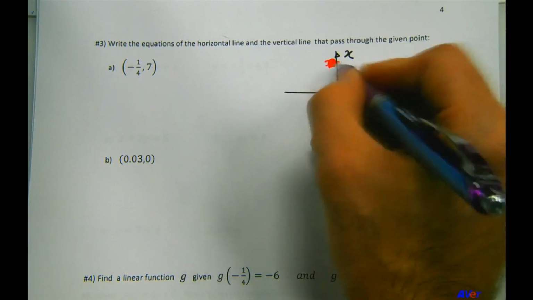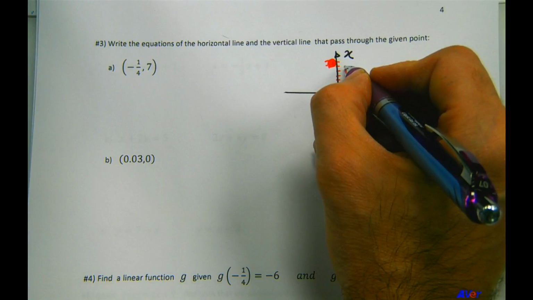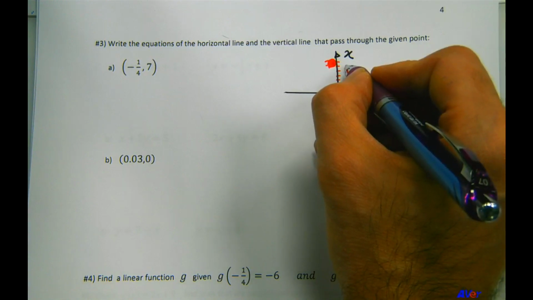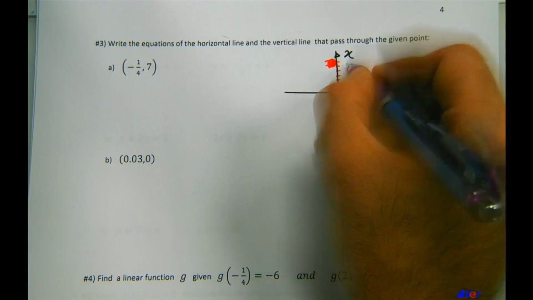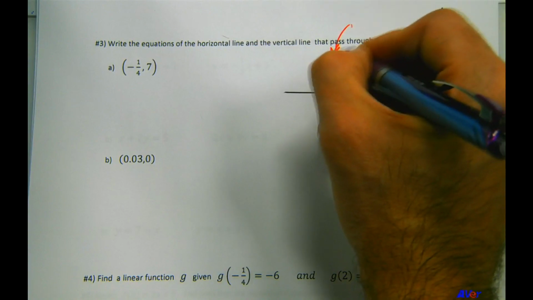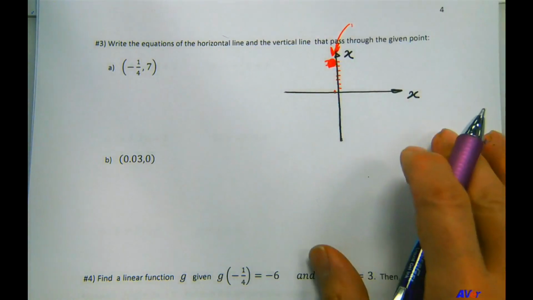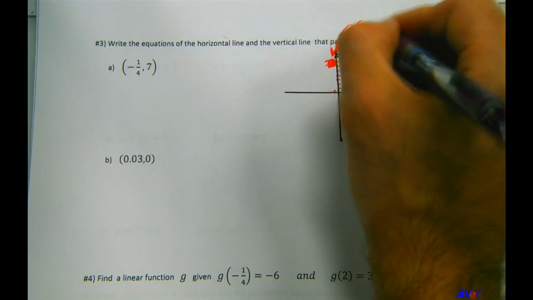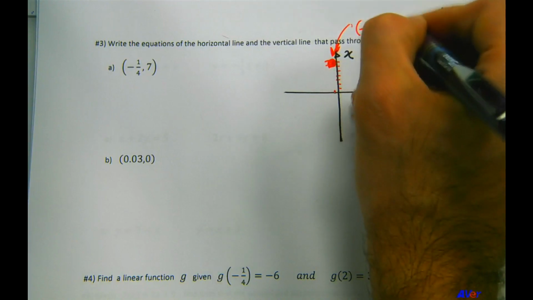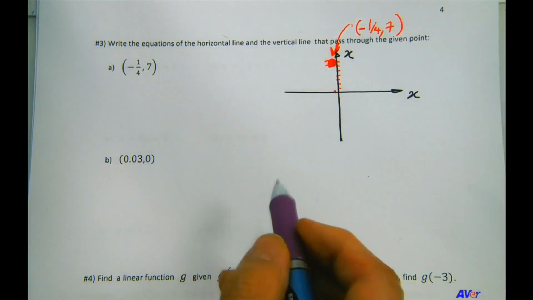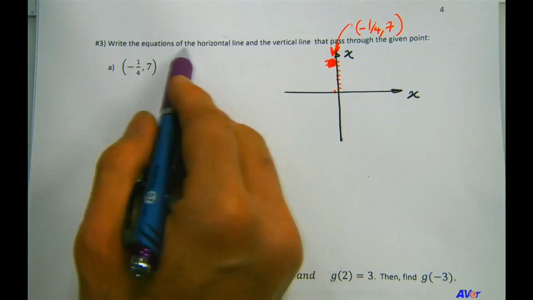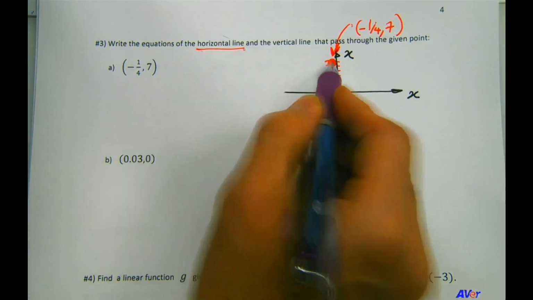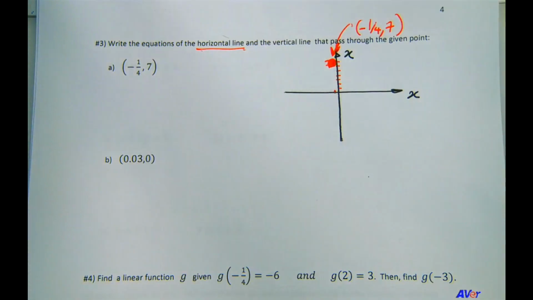So that's some point there, and that point is negative 1/4, 7, right? Write the equation of the horizontal line that is passing through that, that would be this,